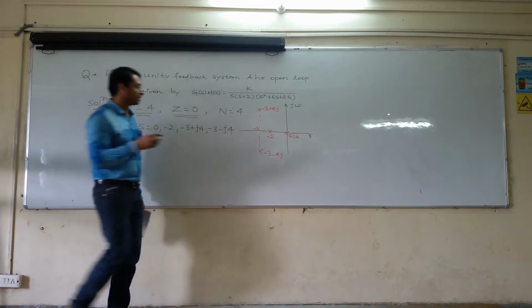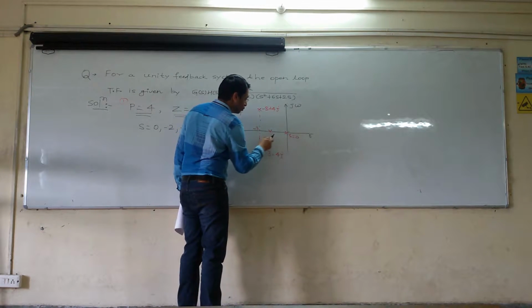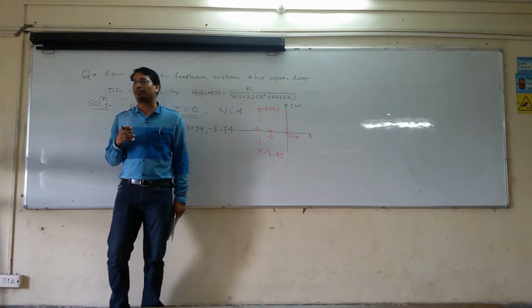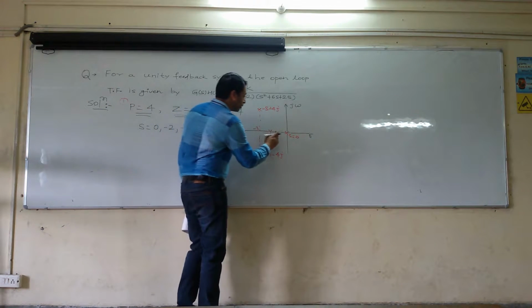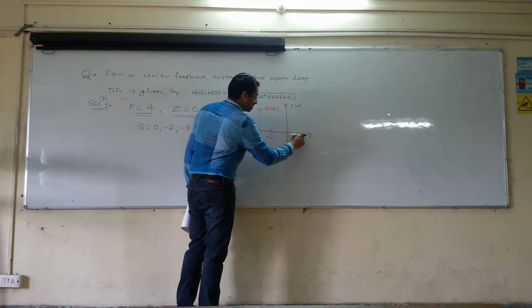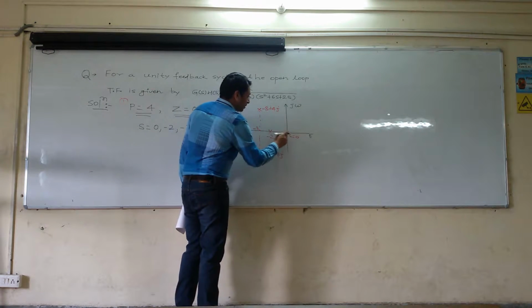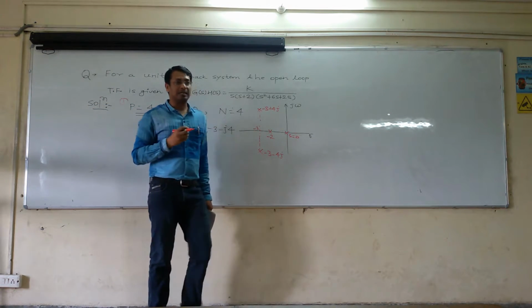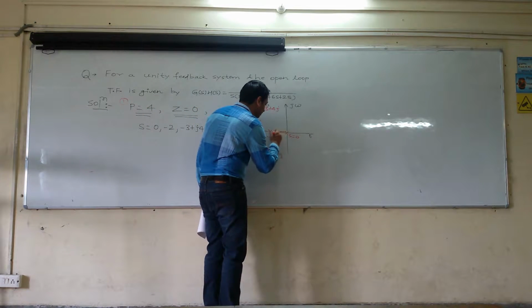So we are having 3 sections. This one section, then second section, that is the section between s equal to 0 to s equal to -2. This is your third section. So which of these 3 sections are the part of your root locus? So put the value of p dash plus z dash. This will be equal to 0. 0 is an even quantity, so it will not be a part of root locus. For this section, z dash is equal to 1, p dash is equal to 0. That is z dash plus p dash is equal to 1. That is odd, so it will be the part of root locus.